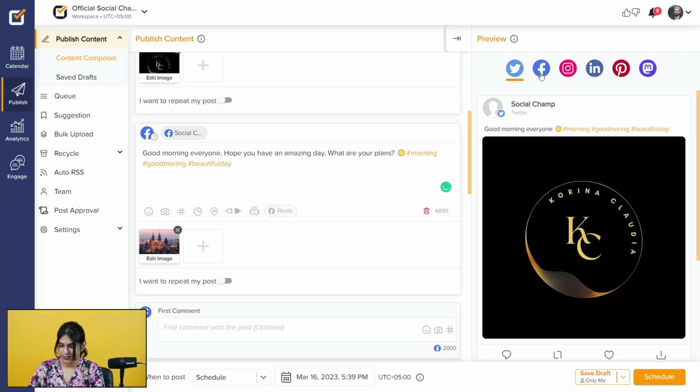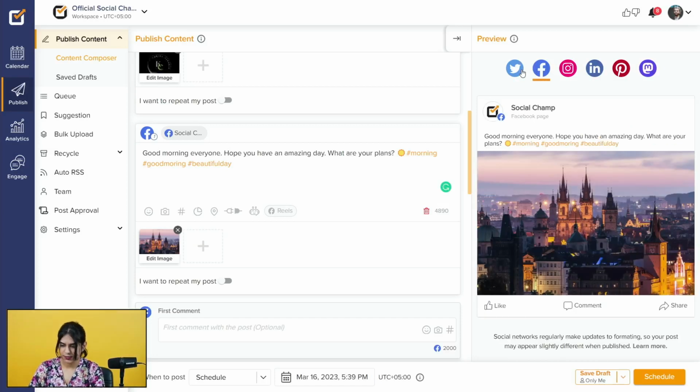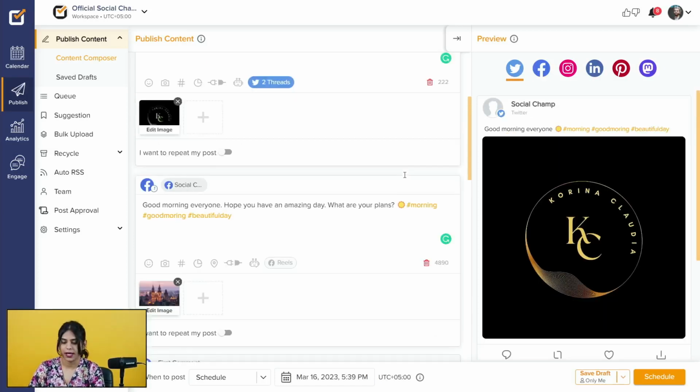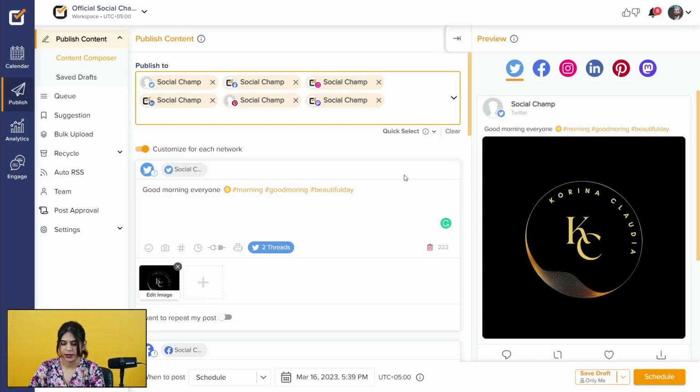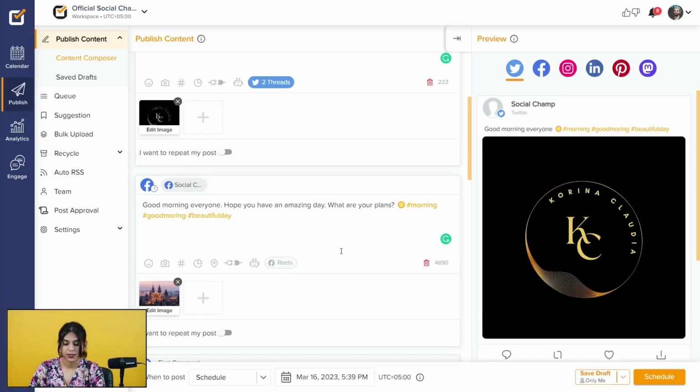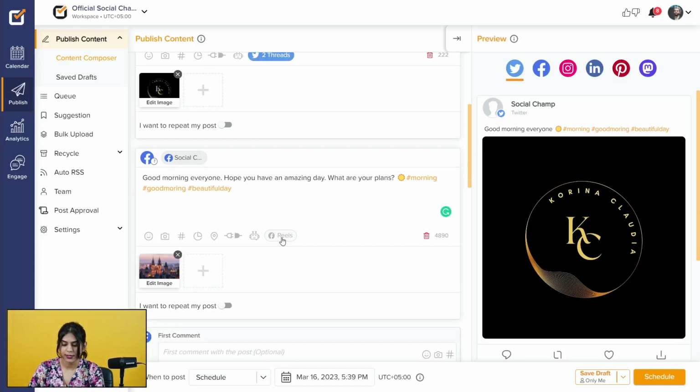And that's it. This is how my Facebook is going to look, this is how my Twitter is going to look, and so on. You can go on and play around with it. What we have is that we even have an option of reels. So if you want to directly post reels through Social Time or schedule them for the future, you can do